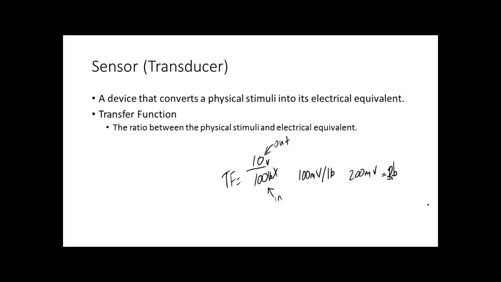So now I could measure a voltage with my meter, and if I measured 200 millivolts, I knew it was 2 pounds. And that's what we did with the transfer function. So transfer functions are always what we get out. Of course, in our situation, just about every time it's going to be volts, because that's what we're trying to get to, right? And then we're going to put something into it like weight or speed. It'll be the input. We'll input speed and we'll get so many volts out, which is what your car